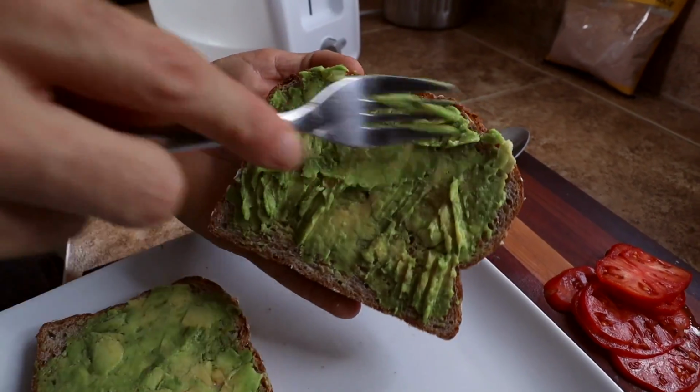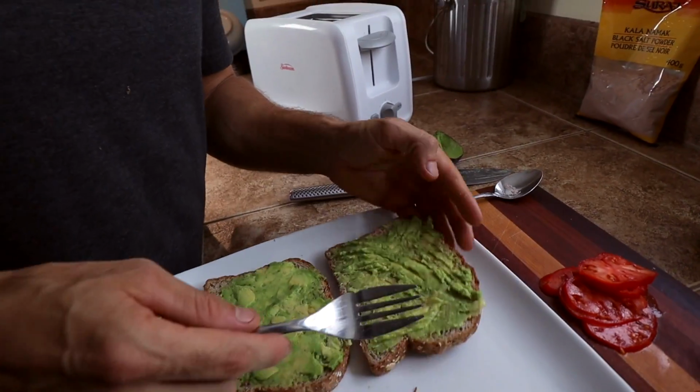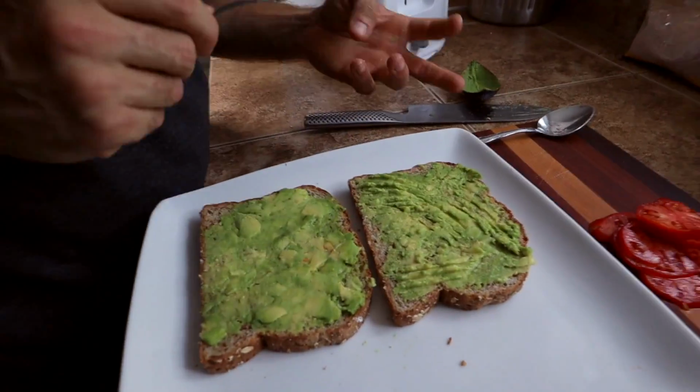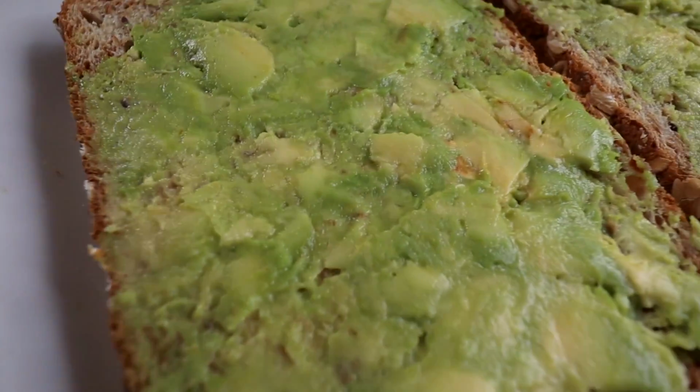So both ways work. That's what we've learned today. You can do the knife or the fork. Yeah, I learned that there's many ways to mash an avocado onto some toast. It's amazing. Wow, you learn something new every day. But the aesthetics of this one, look how smooth it is, and this one's all like...